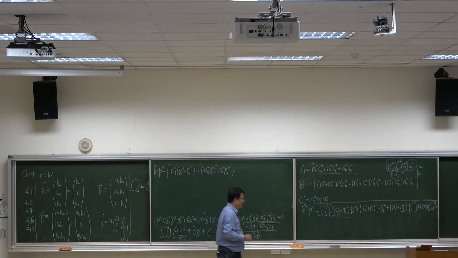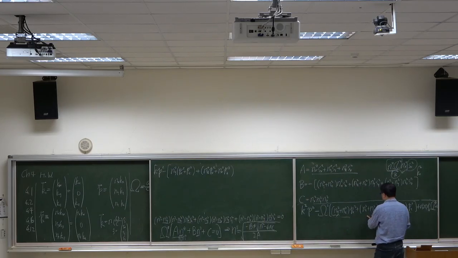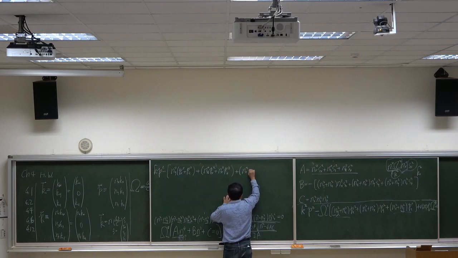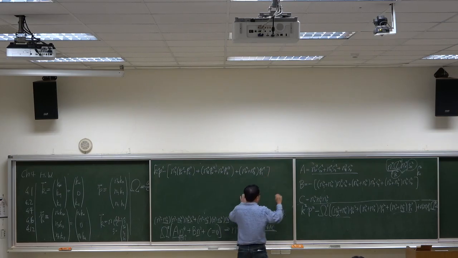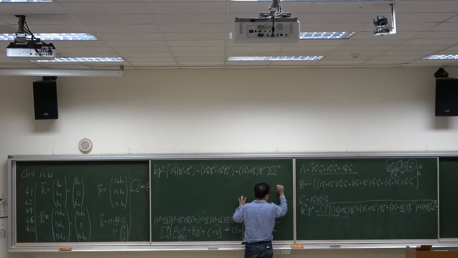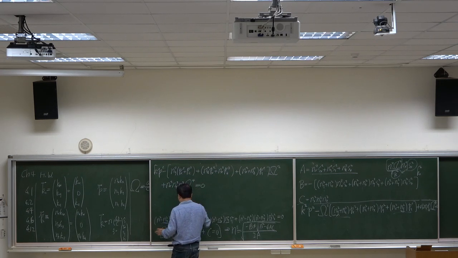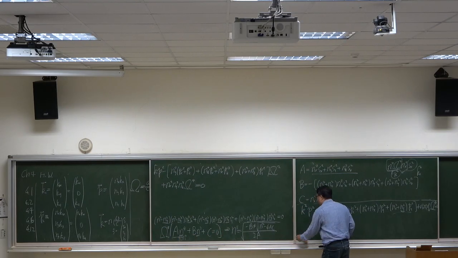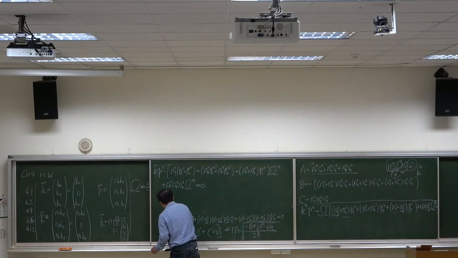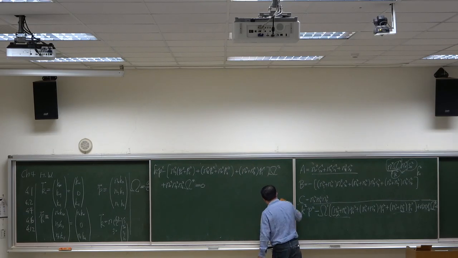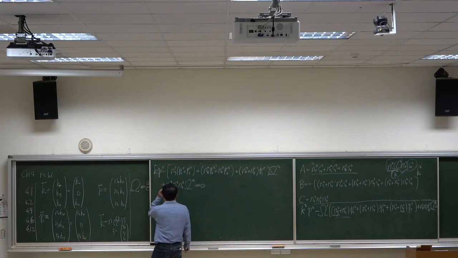Okay, and finally we have nx squared plus nz squared times py squared, omega squared, and plus 快要成功了，差一点点。